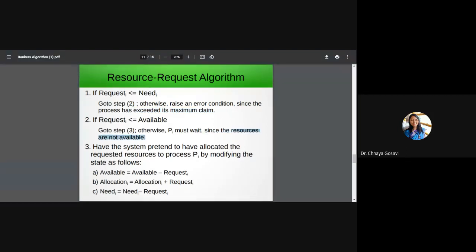If the request is less than need and less than available, we pretend that the request is granted to that particular process.